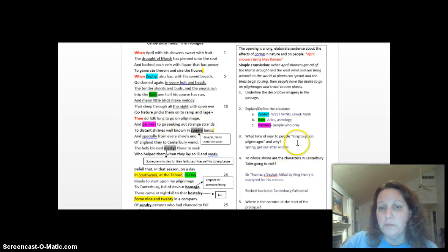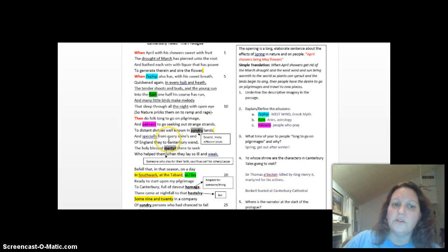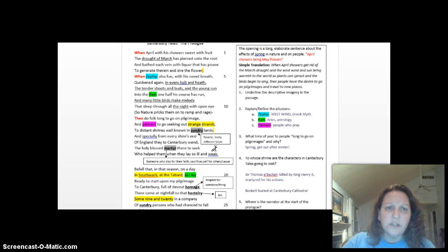And palmers, people who pray, seek out strange strands. And if you notice, woo, look at all that alliteration. We have strange strands. I can highlight here. We have quite a bit of alliteration there. Okay, so this translation into modern English is doing a pretty good job of trying to bring in some of